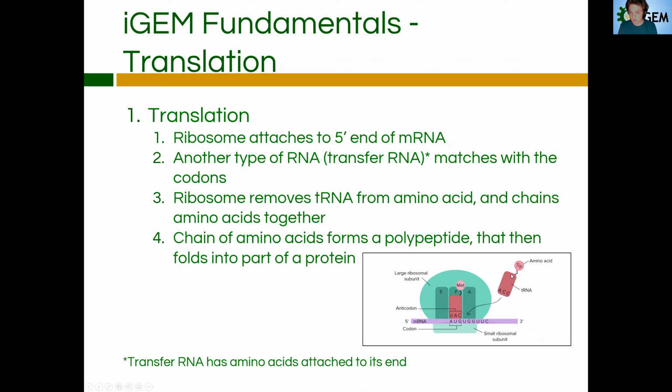And each of these tRNAs holds an amino acid at the end. And so once these come over, they start matching and attaching due to the ribosome. Once it matches, the ribosome cleaves the amino acid off of the tRNA, and the next one would come in and match, and then this amino acid would attach to the next amino acid, forming a chain as it goes from the 5' to the